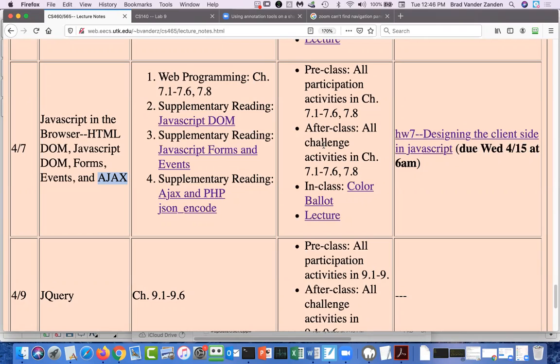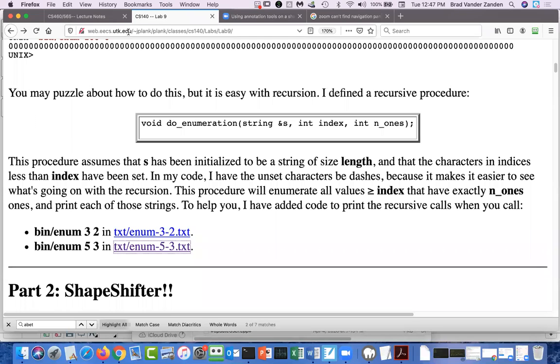So I figured that the best thing to do today was to actually have you work through a real example where you use JavaScript to modify the contents of a web page, and you specifically use Ajax to do that modification. So in particular, you're going to be modifying a color palette. So let me show you what you're going to be doing.